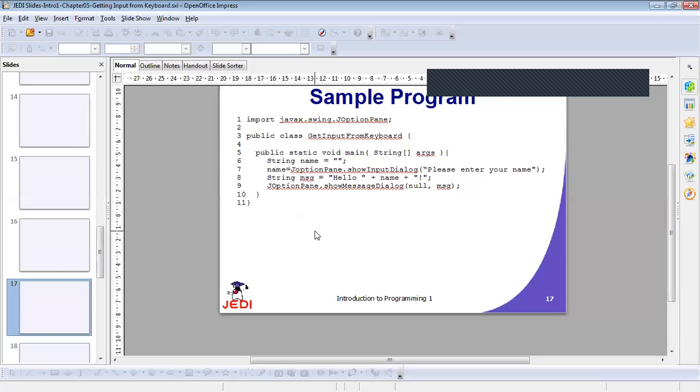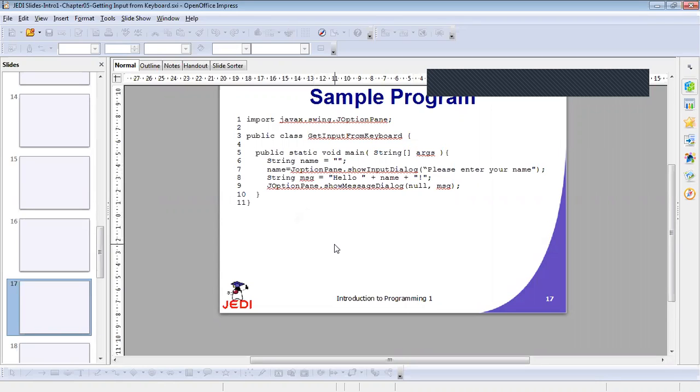So the statement name is equal to JOptionPane.showInputDialog, and then your statement enclosed by double quotation marks and parentheses, terminated with a semicolon. Your statement is please enter your name. Then followed by a String message is equal to hello, then call or invoke the name.